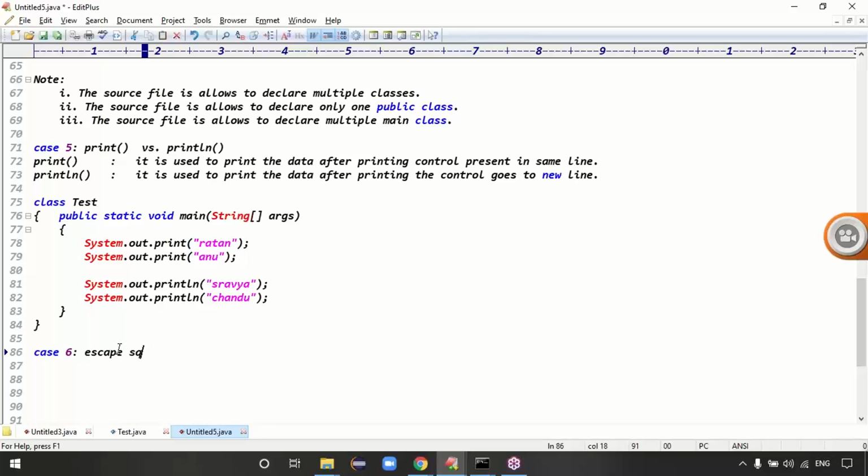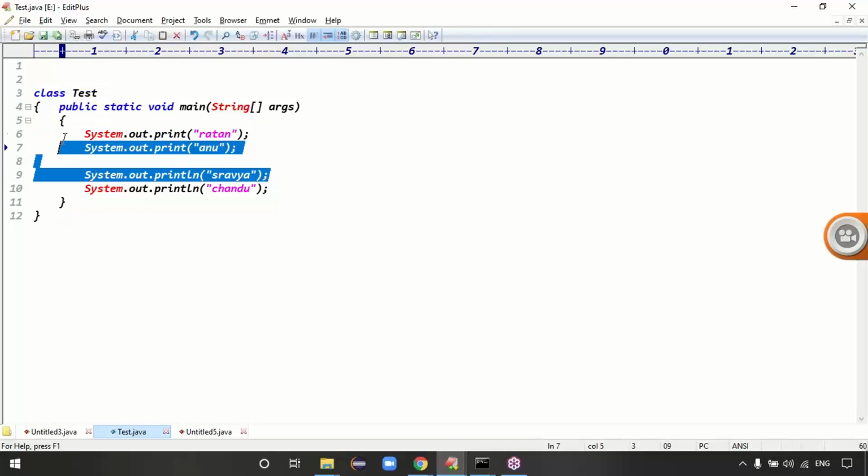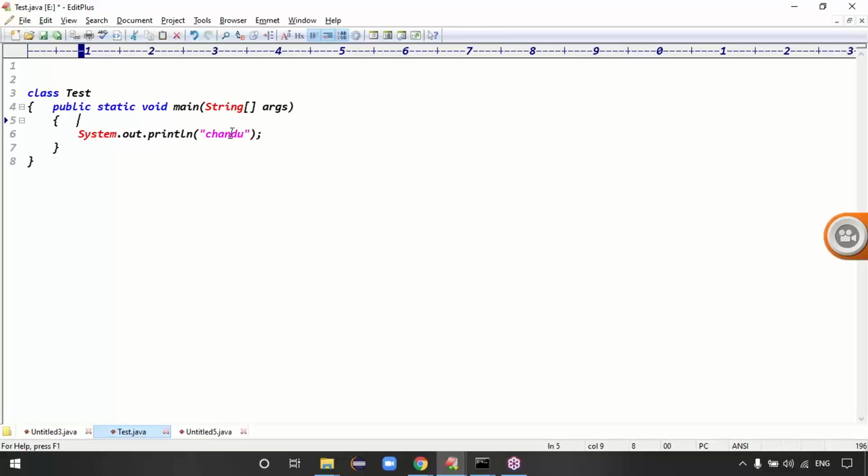Escape sequence characters. The advantage of escape sequence characters is, for example, here I want to print